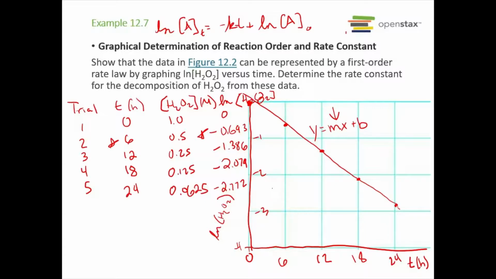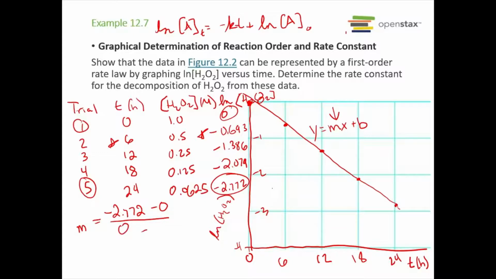But here, we can't quite do that, so we just want to get the slope of this graph, and in this case, we're just going to use some of our data points. Let's just use trial 1 and trial 5. Those are both points on a line. Remember, with the slope of a line, it doesn't matter what 2 points you choose as long as they're on the line. So the slope, rather k, is equal to the change in y over the change in x. So that means the change in our natural log: negative 2.772 minus 0, divided by the change in x,